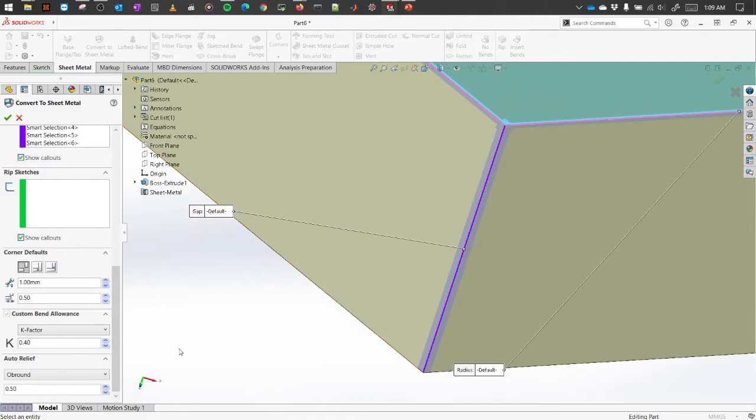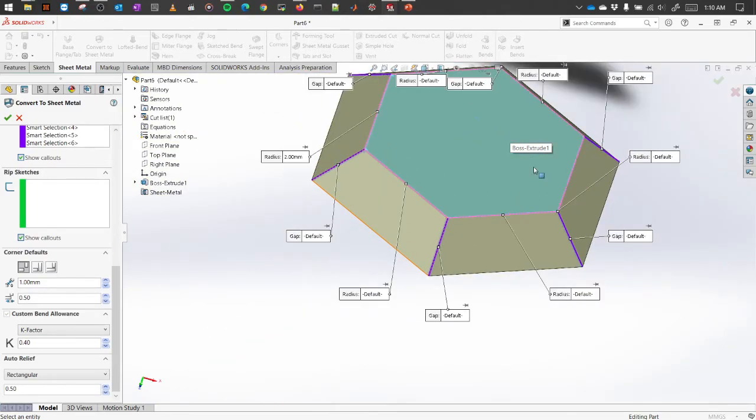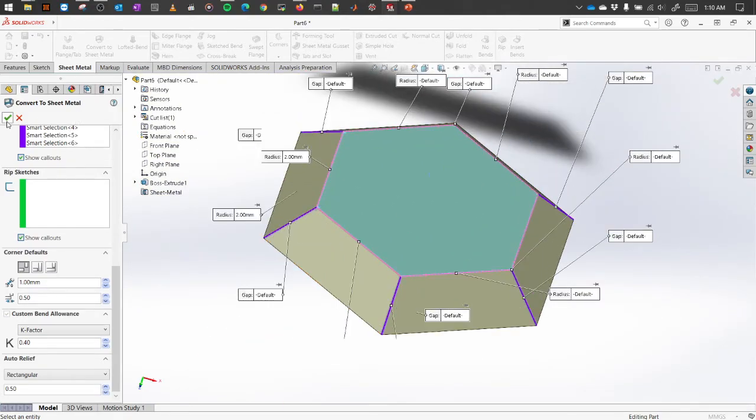And for the cut that I mentioned, which is needed for the relief, or if there is any extension that might occur, we can select the options from rectangle, round or tear. Rectangle and oblong are the most used ones. For this case, I will show you both of the options. So let's first select the rectangular. You will see that a rectangular cut will be created here. So once we're done with all this, click OK,